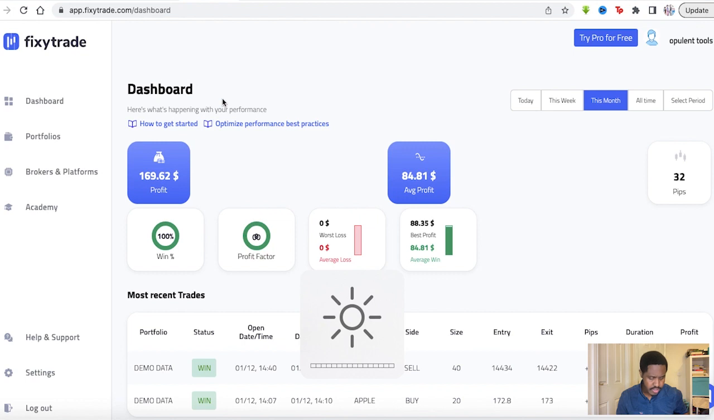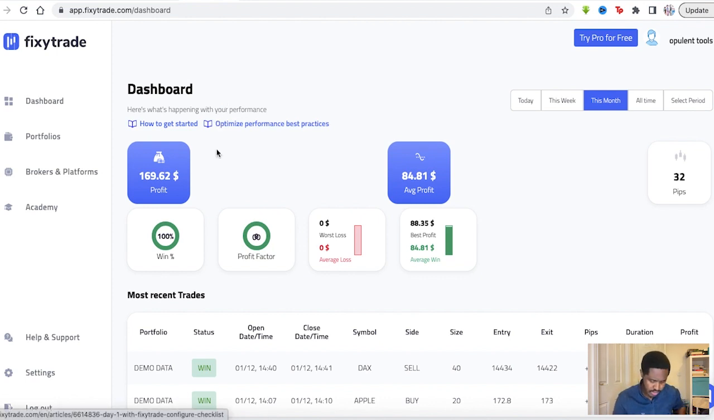In this Fixytrade review, I'm going to be showing you everything you need to know about Fixytrade. Fixytrade is a software that allows you to reach your trading goals with an automated trading journal. So once you get to the dashboard, essentially you'll be taken here to this main page where you can see